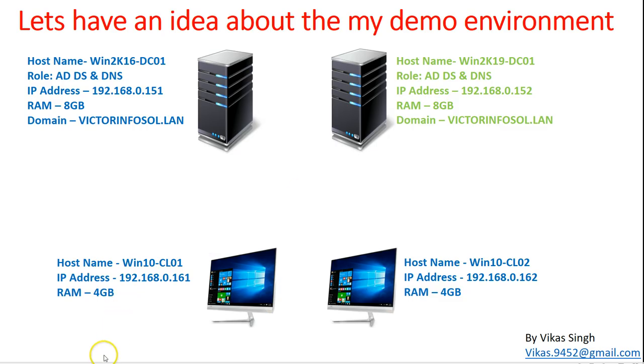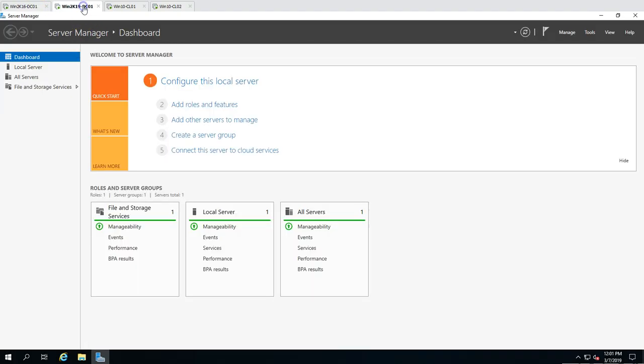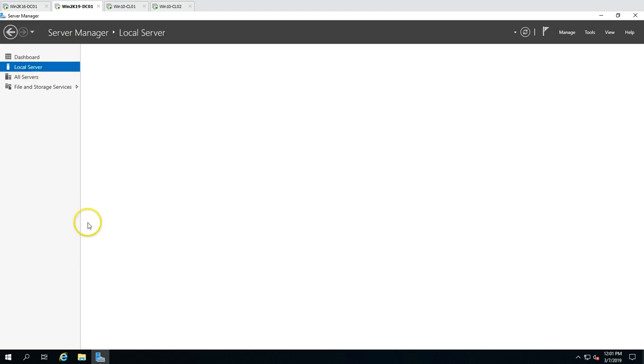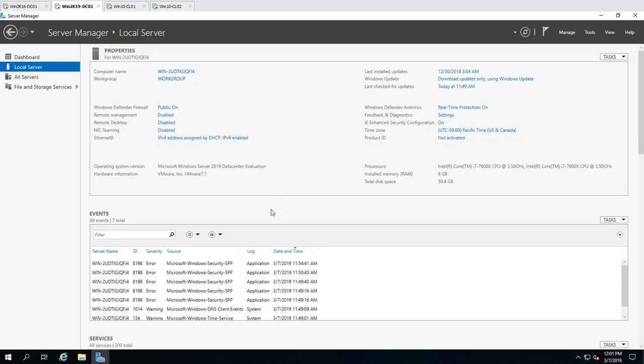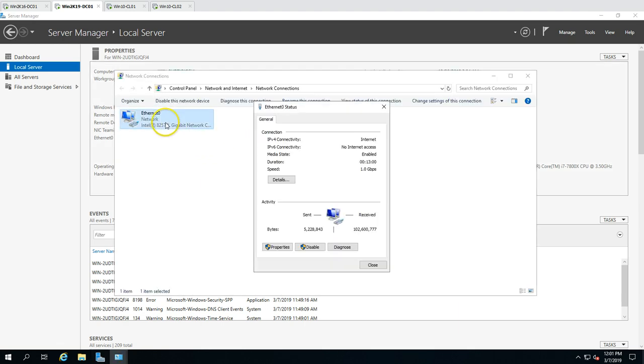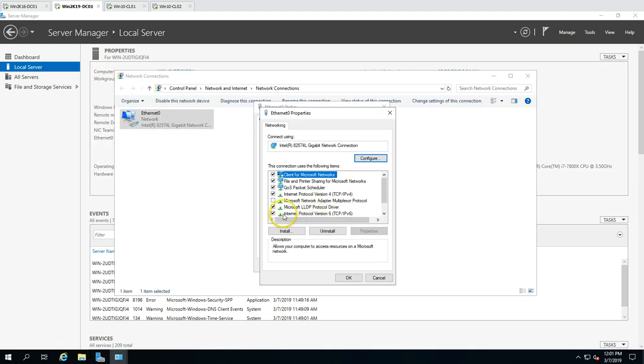So let's verify this machine. You can see Win2K19 DC01. As I told, this is a brand new machine. I have not done any changes on this machine. You can see I have not renamed it, and the IP address is not configured. So this is a bare machine. I have just installed Windows Server 2019 Data Center Edition. So I'm going to configure the IP address and join this machine in the domain, and post this we are going to verify our